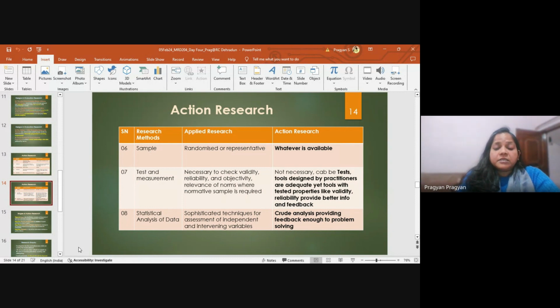There, again, you are not bound to follow any particular type of sample, but it doesn't mean that action research is going to be as liberal as it is going to give you a free check,